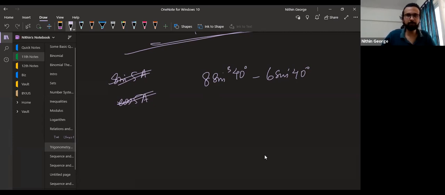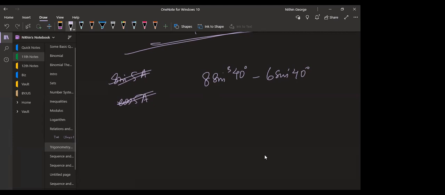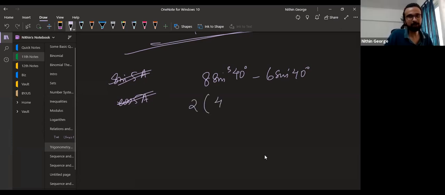Yes, we are just doing one problem based on this. Quickly do this. So this can be written as 2 into 4 sine cube 40